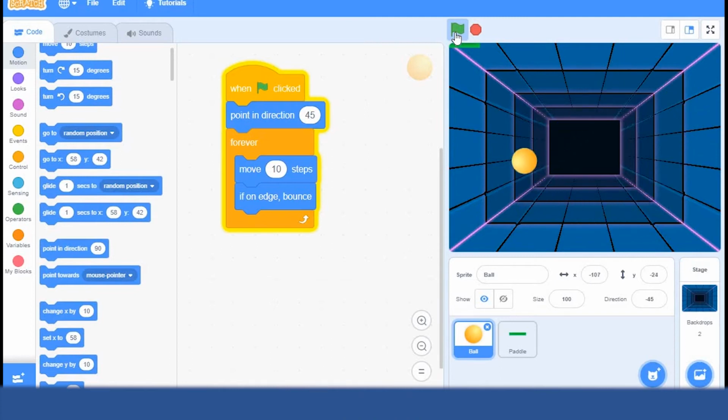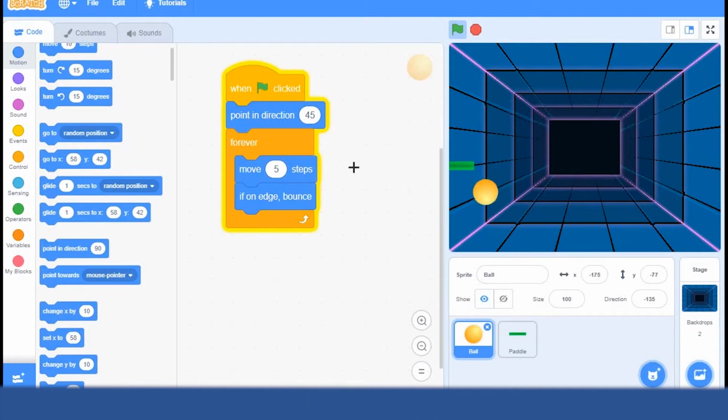Okay. Now, here, if you want to change its speed, if you want to make it faster, you can add 20 steps. So you can see the ball is going faster. What will you do if you want to make it slower? You can add some small number of steps. So it will move slowly. Okay, everyone, this is how we can control the speed of the ball.